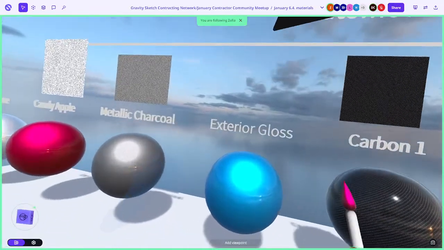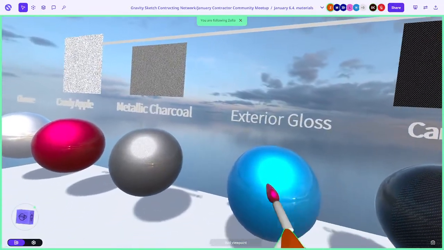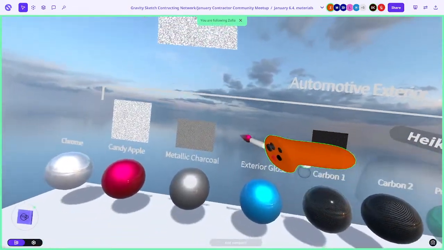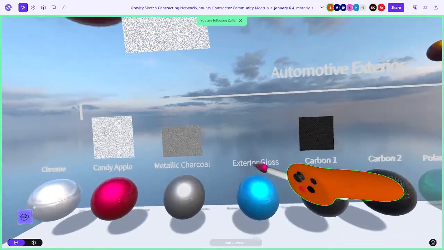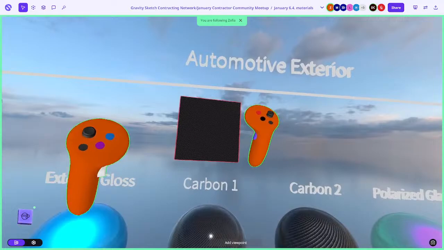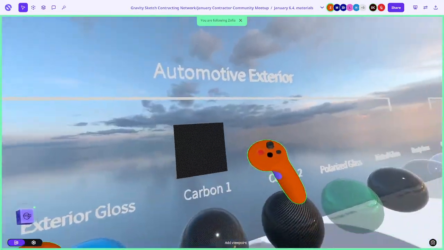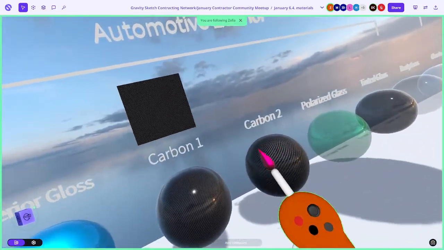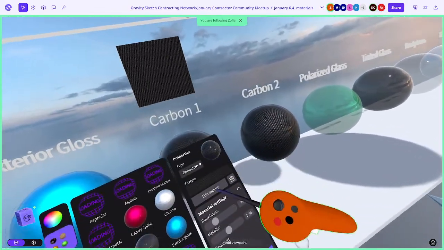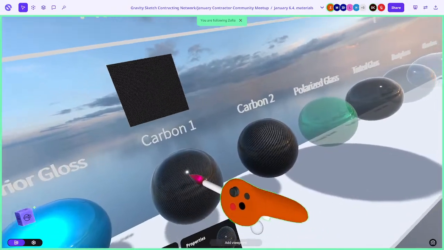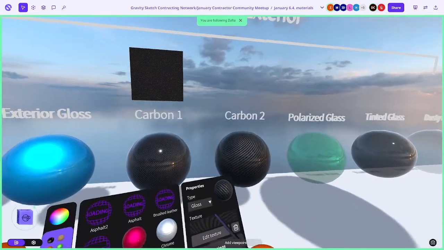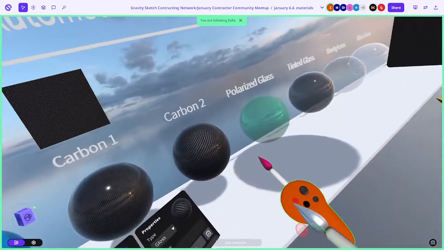And then we have an exterior gloss without the speckles. So when you see the material doesn't have a PNG image, it doesn't have a texture. Now we can move to carbon again. This is from FreePik. We have a basic carbon texture. The main difference here is that we have the clear coat and the reflective material, and this one is the gloss. And I changed the scale of the